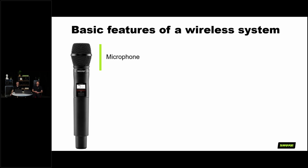All right, so there are really three key components of a wireless microphone system, and I'm going to show you and talk you through that right now. The first part is the microphone itself. On our graphic here, we can see at the top of our handheld transmitter, we have the little section at the top, which is the microphone. In a lot of our products, that's interchangeable. So you may like the sound of an SM58. You equally might prefer the sound of a Beta 87. It doesn't actually matter, because the sound that comes out of that capsule into the wireless transmitter is what's picked up. So you find something that you like the sound of, and then you transmit it wirelessly,